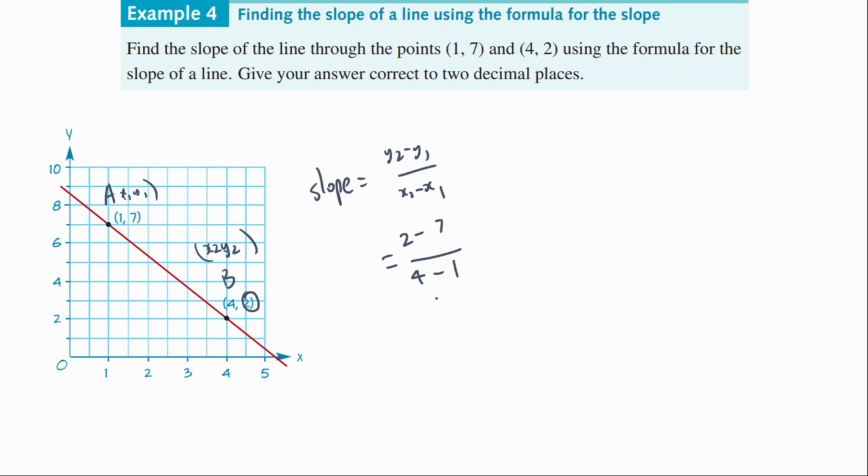Once you've got that, we're just going to work that out. You can use a calculator, that's fine, but 2 minus 7 gives me negative 5, 4 minus 1 gives me 3. So once you're up to here, you can keep your answer like that, negative 5 over 3, that's fine, or you can put that in your calculator and work that out. And if you round that to 2 decimal places, that gives you negative